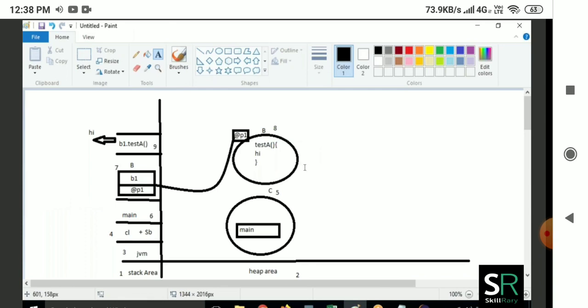It is going to load one non-static method inside the object. What is the name of the non-static method? testA. It is going to load the testA method inside the object. In the testA method we are printing Hi, so it is loading Hi. That's all, only one method will be loaded inside the object.